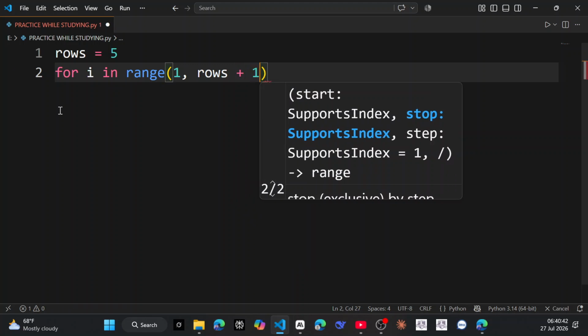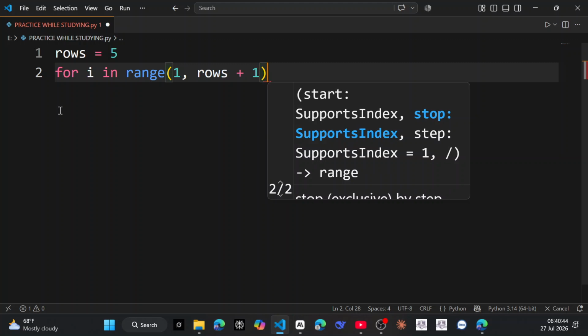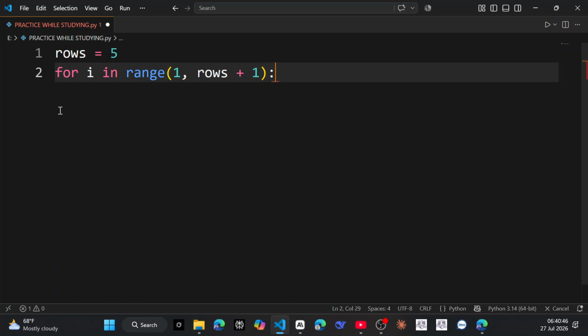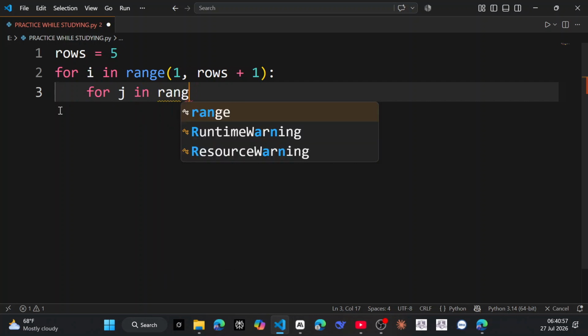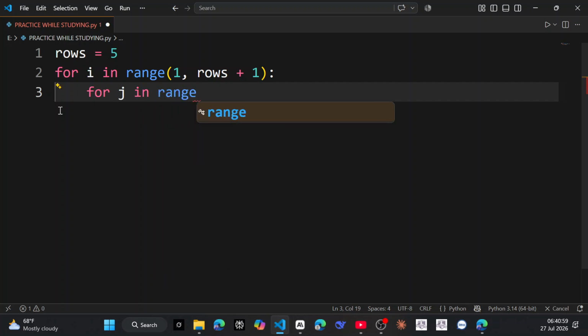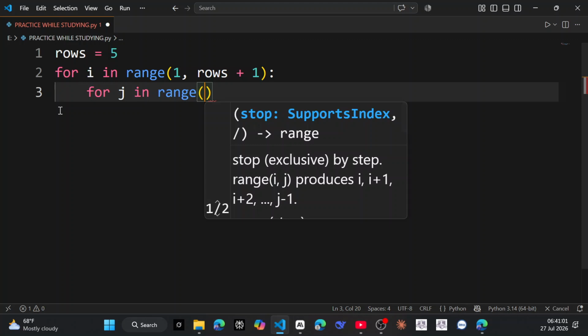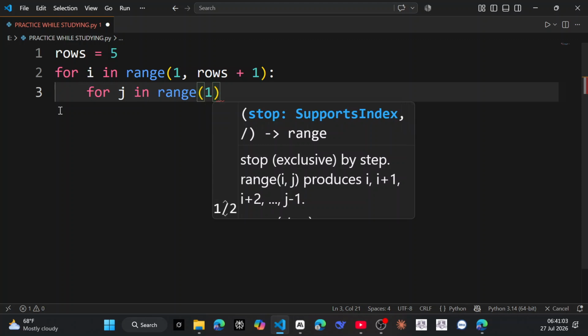Inside it we shall have for j, because we are dealing with nested loops, a loop inside another loop. So for j in range i,